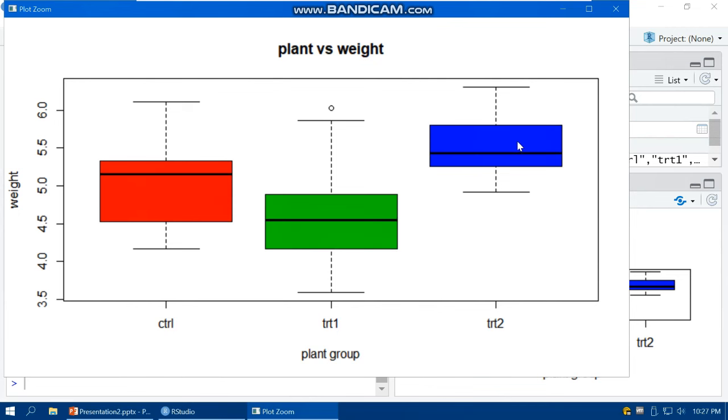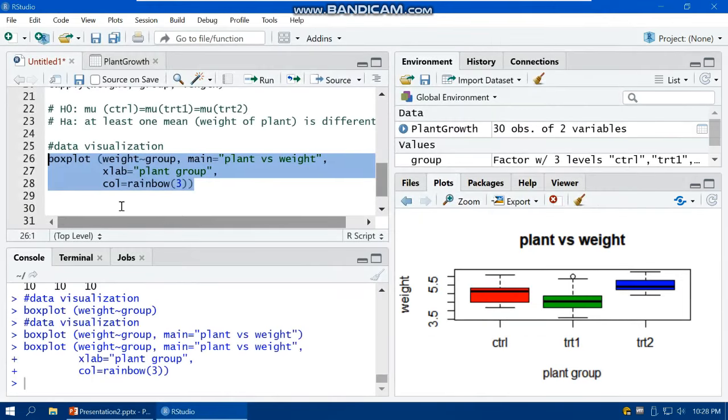control, and the control is different from the treatment too, but this is at the sample level. Analysis of variance is at the population level, whether their mean at the population level is different or not. So now let's run the Anova test